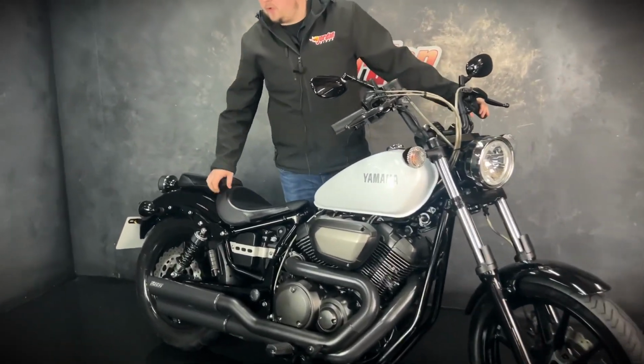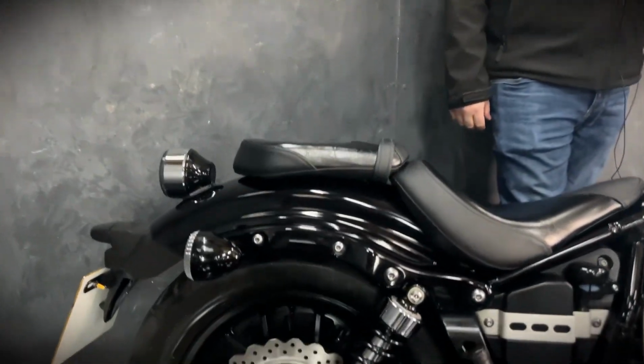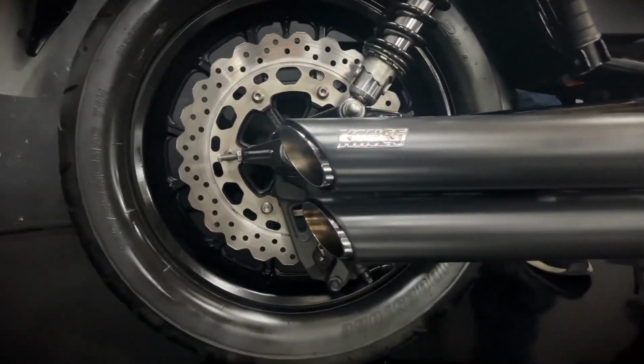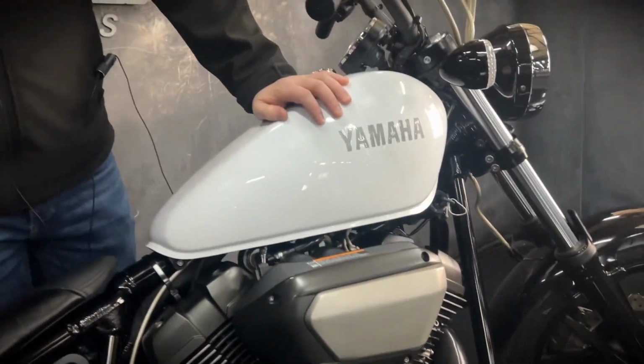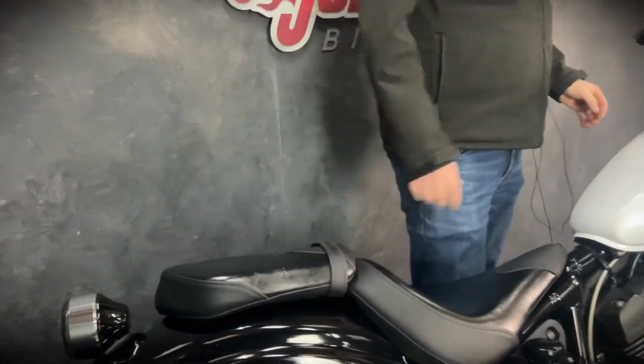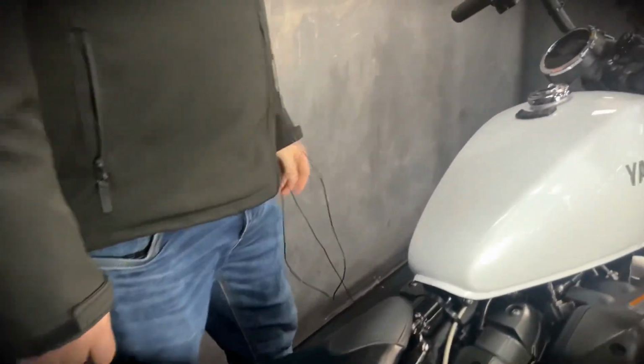So this one is a 2014 on a 64 plate, done 4,489 miles from new. It's got the Vance Hines exhaust on, so it sounds absolutely fantastic. Other nice extras, LED indicators, it's got the high-rise bars on there as well, so super comfortable and a bit